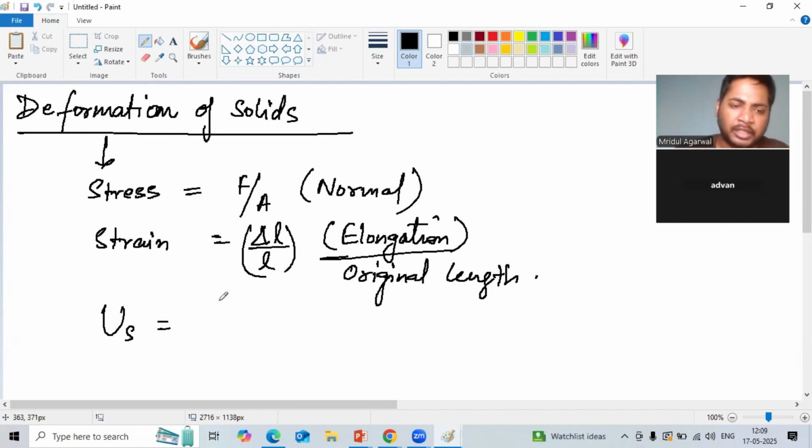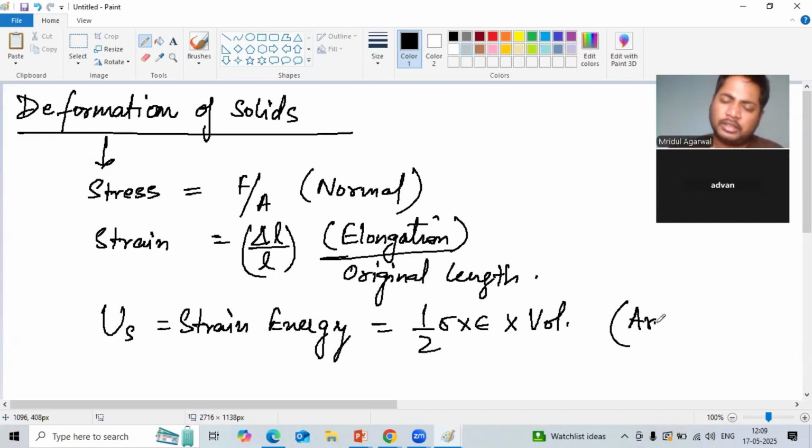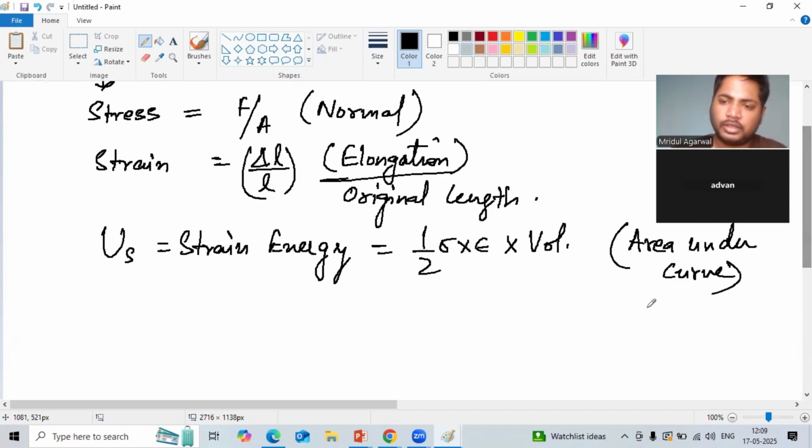Okay, so basically when a body is strained, it is having some strain energy stored, that is given by 1/2 stress into strain into volume, or the area under the curve. Okay, now we'll discuss about the integral of F dx, where x is the elongation. Similarly, if you talk about the